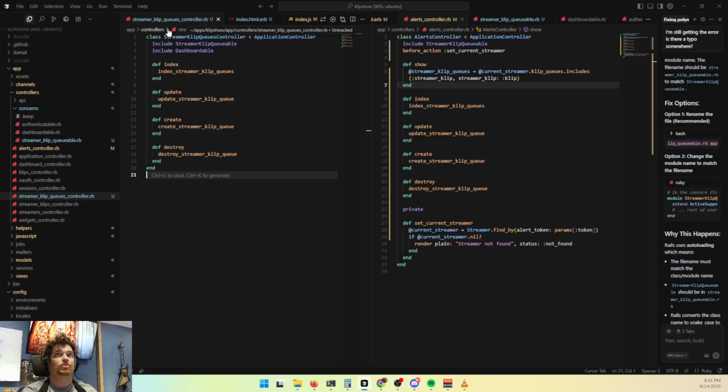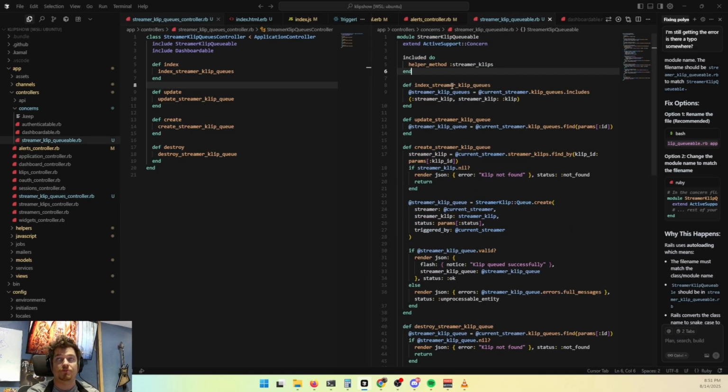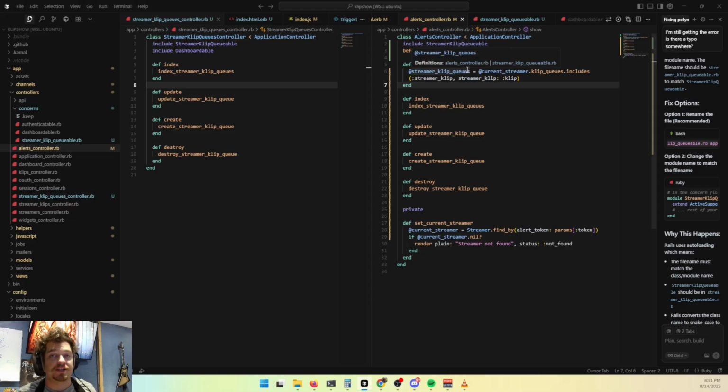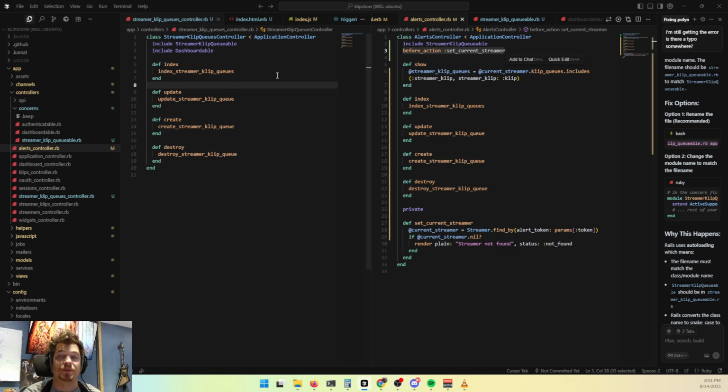So just like how we're able to include these actions that correspond to where the routes file is directing each request, we're able to say index goes to the index StreamerKlip queues method, and that StreamerKlip queues method ultimately comes from this concern. We're able to do the same thing with that separate alerts controller that we can make sure we're handling that authentication with separately, because it's different than the cookies-based authentication here. So in this controller, this is what the browser source will be able to access, because it has that token to use in each request